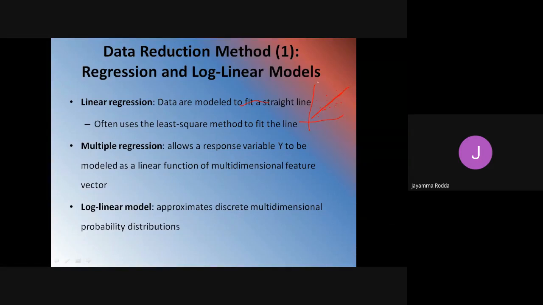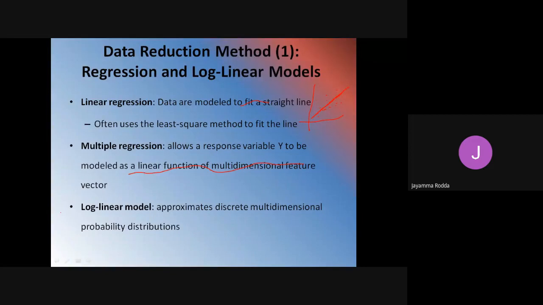Whereas in multiple regression, the regression equation is y is equal to wx plus b, right? Multiple regression allows a response variable y to be modeled as a linear function of a multi-dimensional feature vector. Here x is a single dimension, but in multiple linear regression, we will have multiple dimensions of the data, not one single dimension.